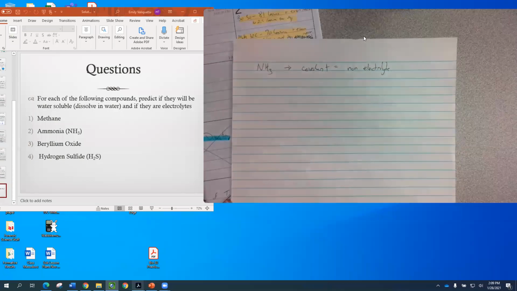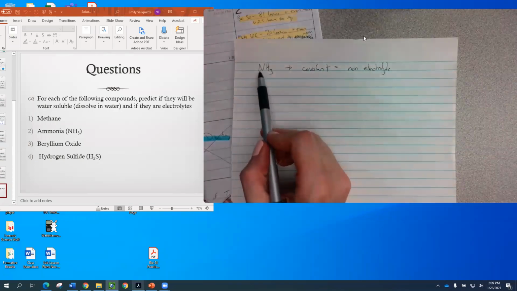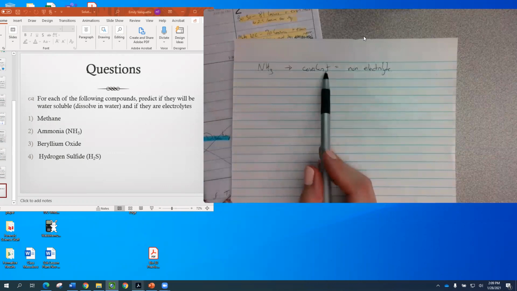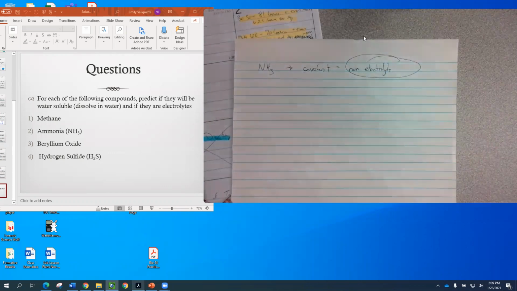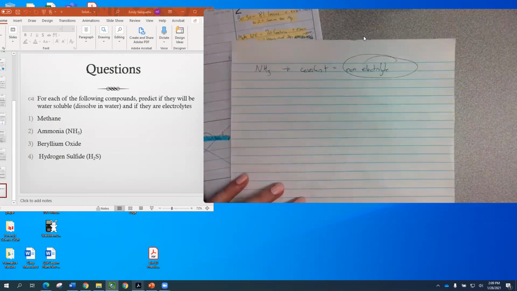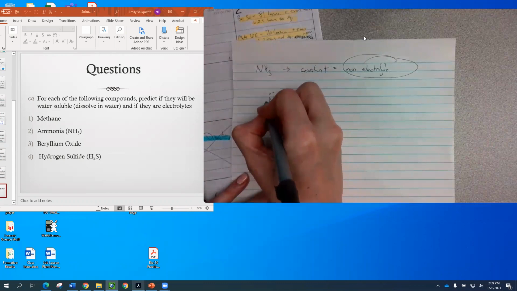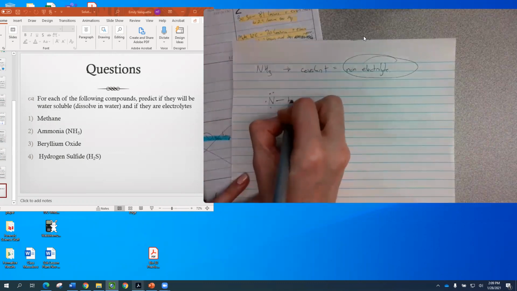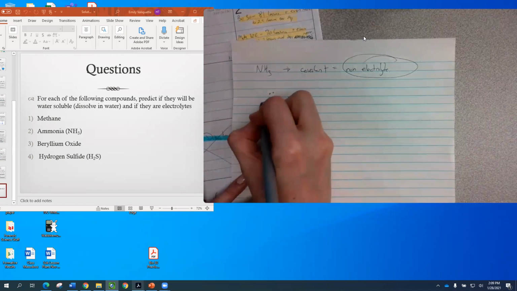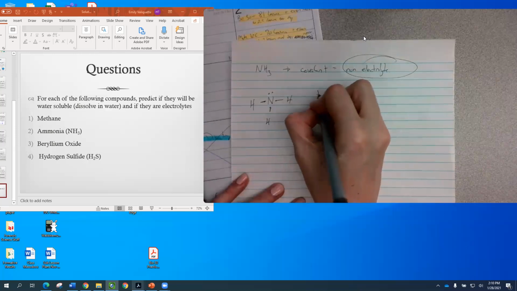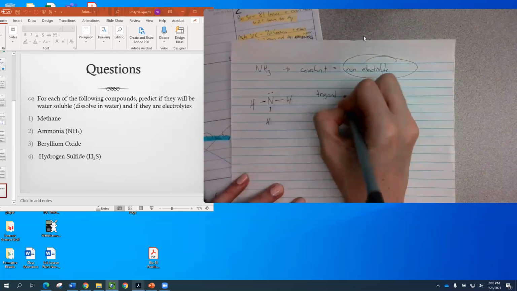Okay, next up with ammonia, first thing I see is that both N and H are non-metals, meaning this is a covalent compound, and therefore it's not an electrolyte. Then I'm going to draw out my ammonia. So nitrogen has 5 bonding sites. 3 of those are going to be taken up with a hydrogen, like so. And feel free to do your full sausaging method if that's easier. I just happen to know what shapes these are all going to make. So this is a trigonal pyramidal,